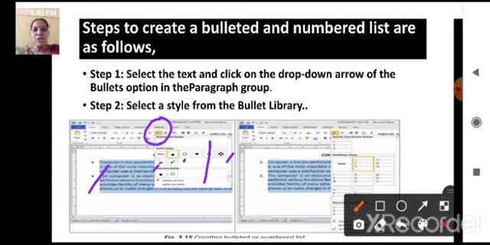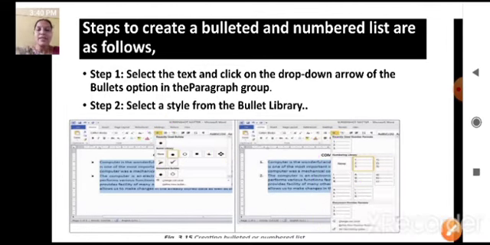Next to that bulleting option itself, we have the numbering list. If you click on the drop down arrow of that numbered list, it provides a drop down list below. You can select any one of these types of numbering for your text. Whichever type or format of numbering you select, that will be applied to your text in the document. In this way, we can apply bullets or numbering to your text.